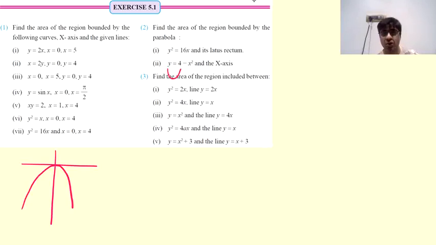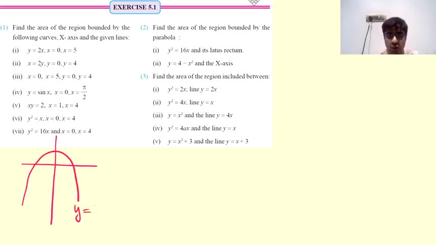But you are having y equal to 4 minus x square. When you try to plot the graph for this, you will realize that when you plot y equal to minus x square, you get some y coordinates, and to all these y coordinates you are adding a number 4. So y coordinate of every point will increase by a value 4, and because y coordinate of every point is increasing by 4, all the points of this parabola are going to go upward by 4 units. So this entire parabola shifts upward by 4 units. You get a parabola like this, and this is going to represent the graph of y equal to 4 minus x square. Okay, so you need the area between the curve and the x-axis, which is this area.